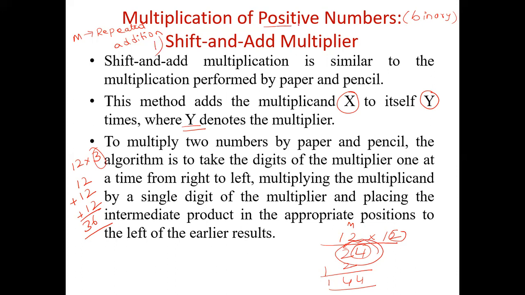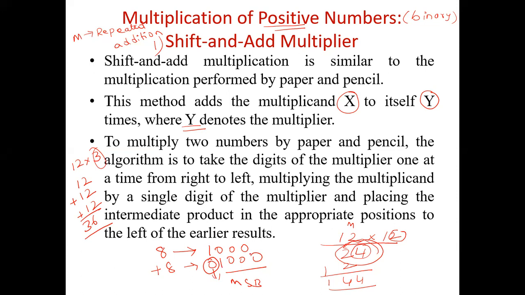Make the term clear: it is a positive number only, it consists of positive numbers. This is not a signed number. I hope you know the definition of a signed number. For example, if the number is 8, the binary representation of 8 is 1000. But if it is plus 8, I will rewrite this as 01000. Actually this is 8. The MSB indicates the sign. If you want to know about signed numbers, go back to my previous video and see. In that we have discussed the 2's complement, addition and subtraction. What is a signed number?